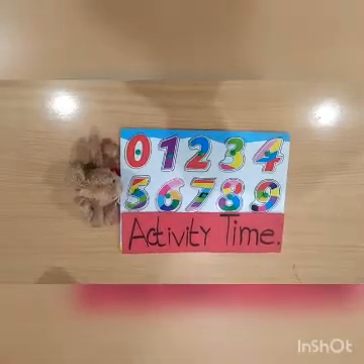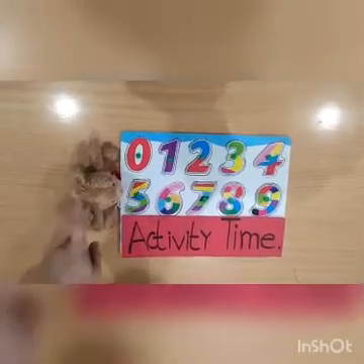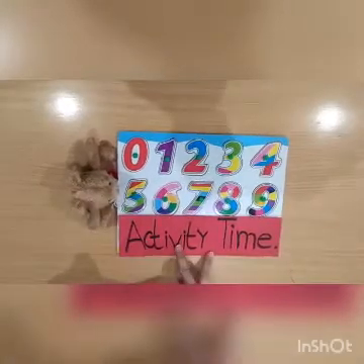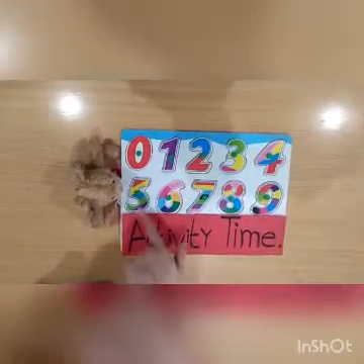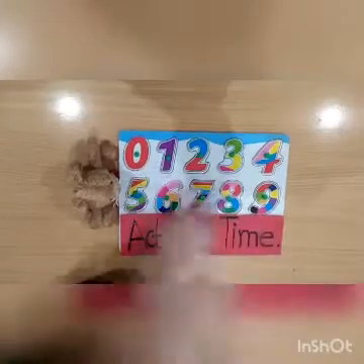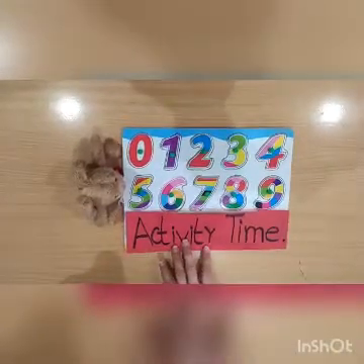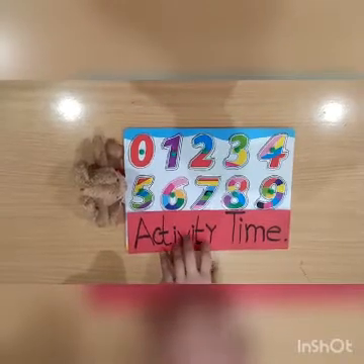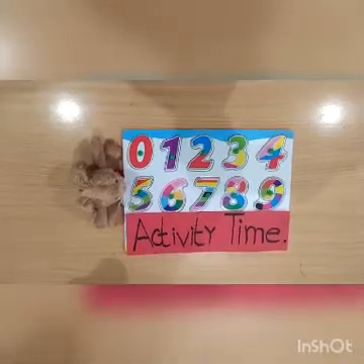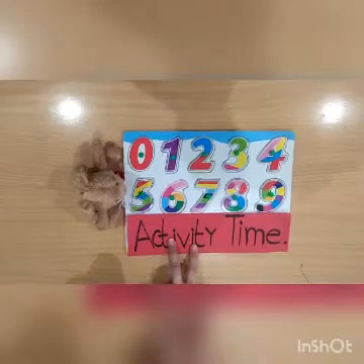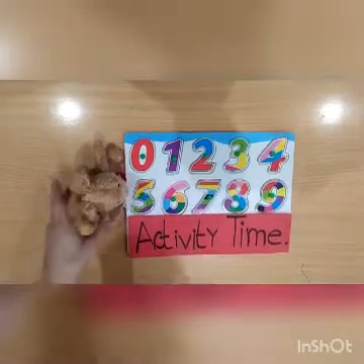Now it's our another activity time. The materials we have in this activity are a stuffed toy rabbit and number cards. In this activity, I show a number line from 0 to 9. While doing this activity, we'll have a lot of fun. Okay, in this activity we have to play 2 rounds. So let's start our first round.